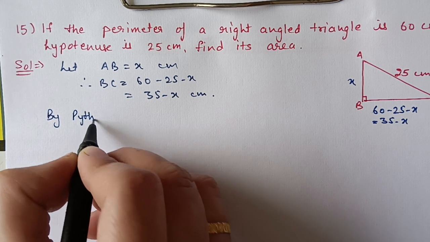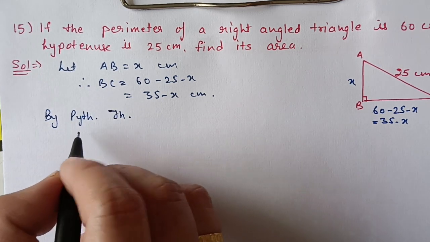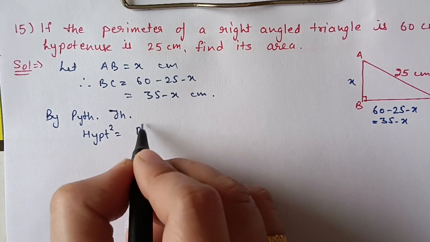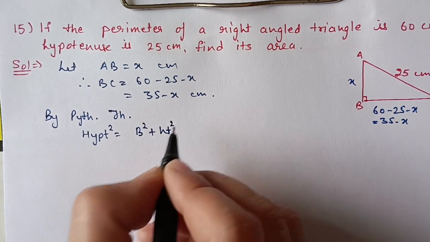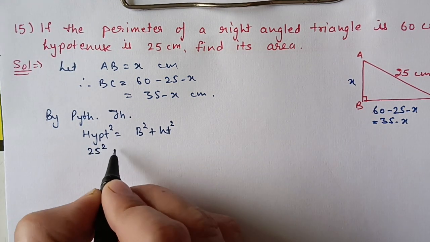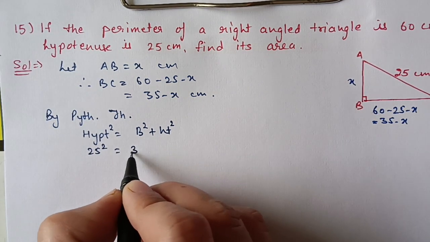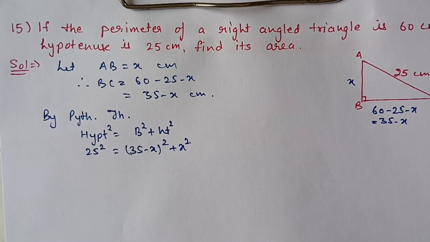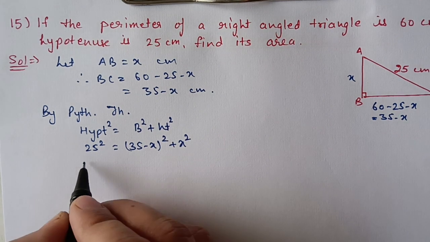By Pythagoras theorem, hypotenuse square is equal to base square plus height square. Hypotenuse is 25, base is 35 minus x and height is x. 25 square is